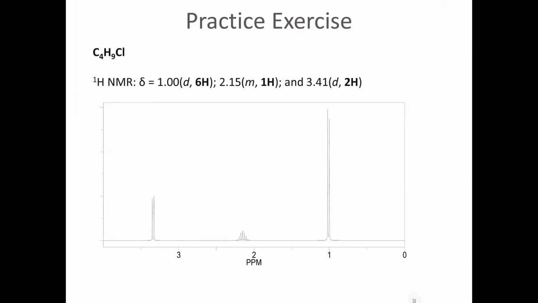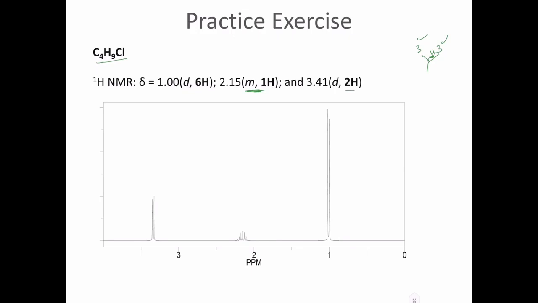Predict the structure of C4H9Cl given the proton NMR with chemical shifts. 6 protons at position 1. That is going to be an isopropyl group. So we just draw that isopropyl, 3 protons, 3 protons. And if there's a proton here, that proton is going to be a multiplet. And that's what we see here. So that means our isopropyl and the one that's going to have a septet makes sense. And then we are told there is